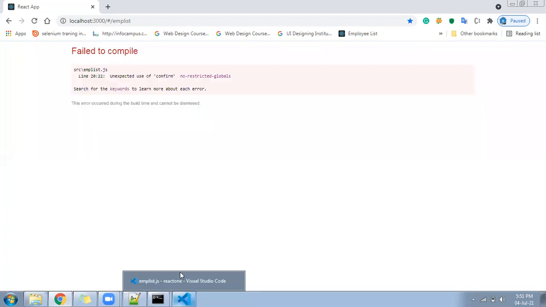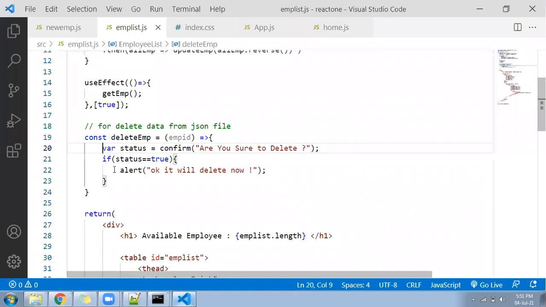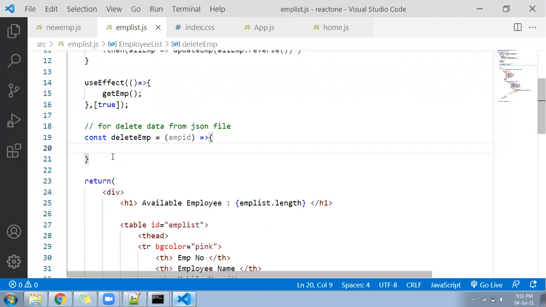Okay, confirm, unexpected use of confirm. Okay, understand. So it is saying that under the functional component, you cannot use it directly. So no problem. We'll escape this part as of now. Directly we'll try to delete from here. Okay, we have to add something else in that. That maybe I will be implementing in some other video wherever it's needed.